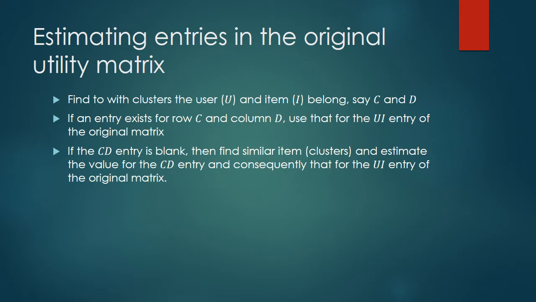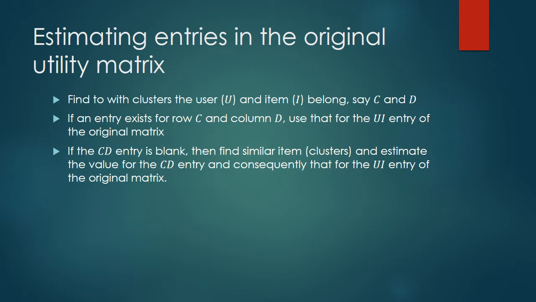Say that we want to find the entry for a user U and item I. We find which clusters they belong to. There's going to be a cluster in the user sense and a cluster in the item sense. You find that entry. If an entry exists, which means that it's actually dense at that point, there is a value and it's not blank, then you can simply use that value. So in this case, it's just an injection from the coarse matrix directly onto your fine matrix,